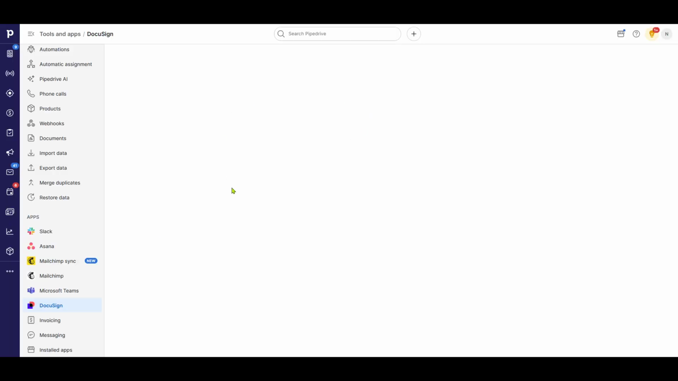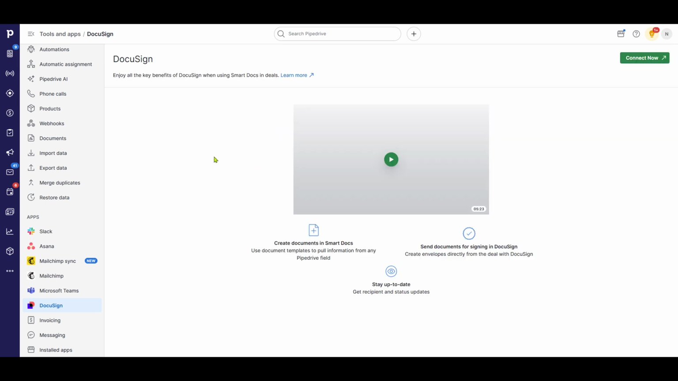Once you've located the Docusign app, hover over it, and you'll notice several options pop up. Here, you should find the option to remove the app. Click on the Remove button, which is usually easy to spot. This action will prompt a confirmation dialog box to ensure you want to proceed with the removal. Confirm your choice, and this will unhook the Docusign integration from your Pipedrive account, freeing up resources and potentially decluttering